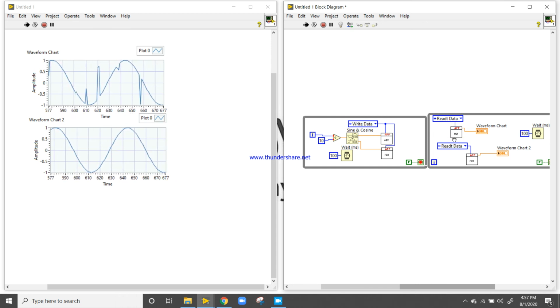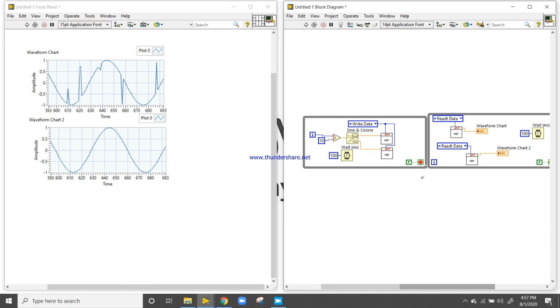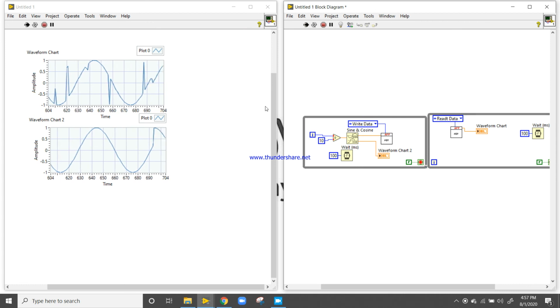That is the only demerit. So for that we need to use only one global variable. We can use many global variables, but we can use one global variable only once in our code. So now both will run without any problem.